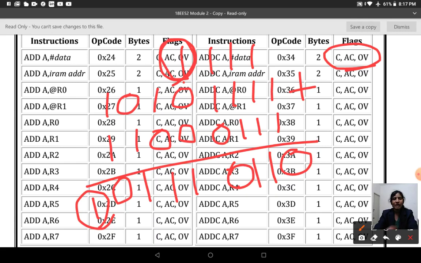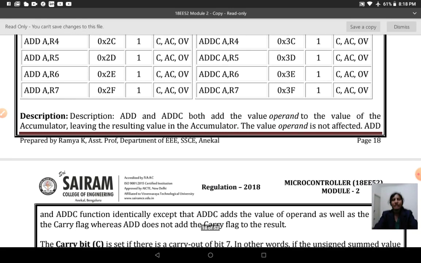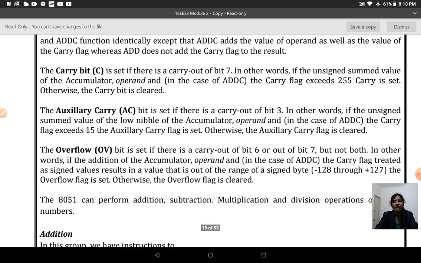Overflow means it is endless, that is, you cannot identify what value it is going to occur. It keeps continuously executing. So in case of the add operation, the carry flag, auxiliary carry flag and overflow flag are going to get affected.